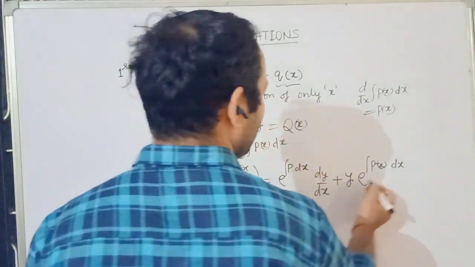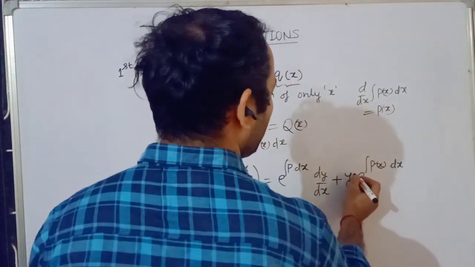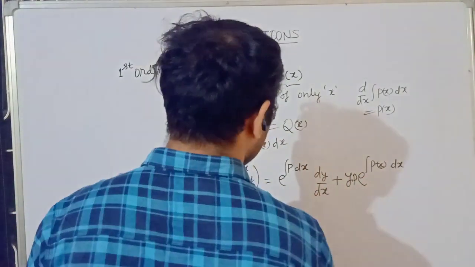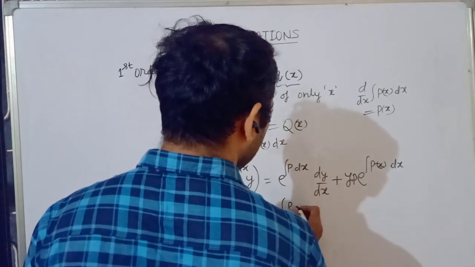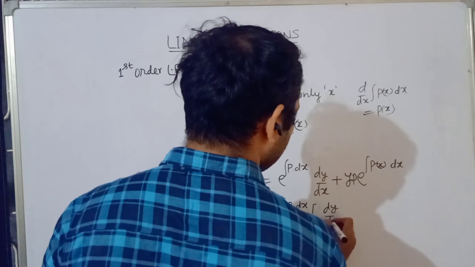So this is what you get in p. I'm not writing px, but it is still a function of p. What do you observe? Take e to the power p dx common. What will you be left with? dy by dx plus